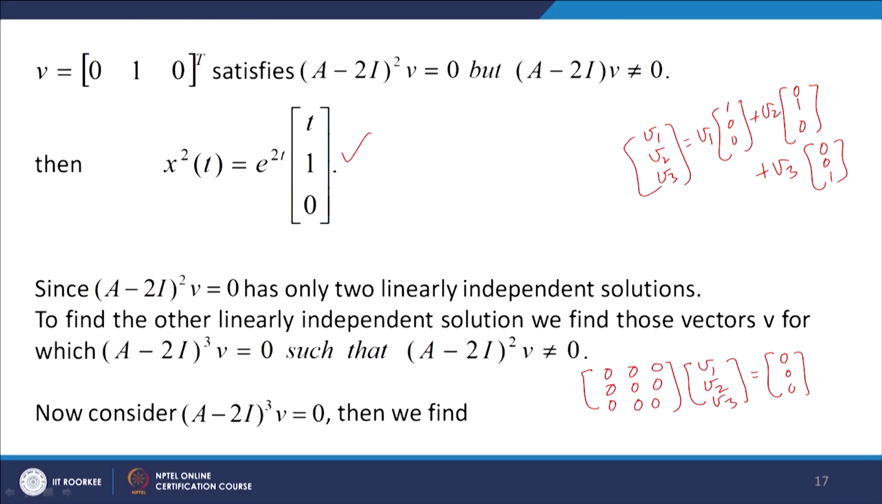Okay. But (A minus 2I) cube b equal to 0. So, this we cannot take, because for this vector (A minus 2I) b equal to 0. So, (A minus 2I) whole cube b will be 0, and (A minus 2I) whole square b will also be 0, and this vector also we cannot take. So, let us take 0 0 1. So, we take b equal to 0 0 1,